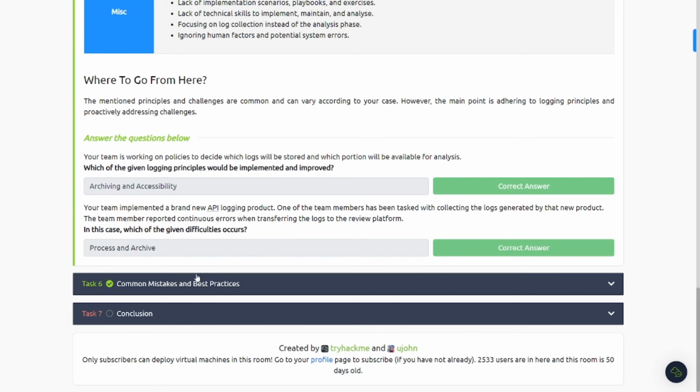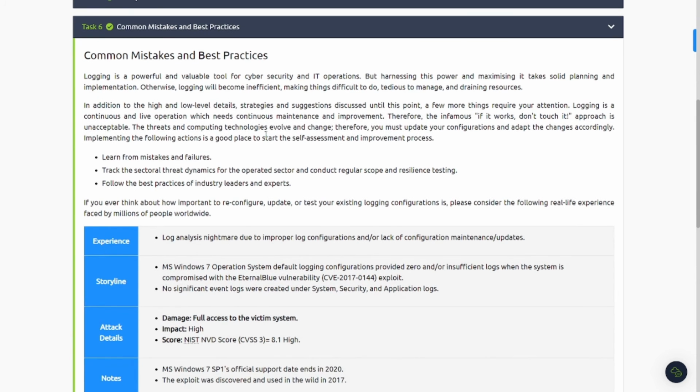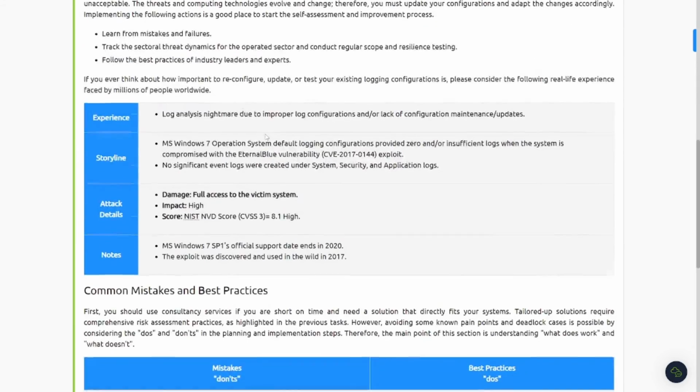So let's go ahead and continue to task number 6, which is going to be common mistakes and best practices. Logging is a powerful and valuable tool for cybersecurity and IT operations, but harnessing this power and maximizing it takes solid planning and implementation. Otherwise, logging would become inefficient, making things difficult to do, tedious to manage, and draining resources. Now, be sure to pause the video and go ahead and read over this here. I'm going to continue to scroll down and get to the question area